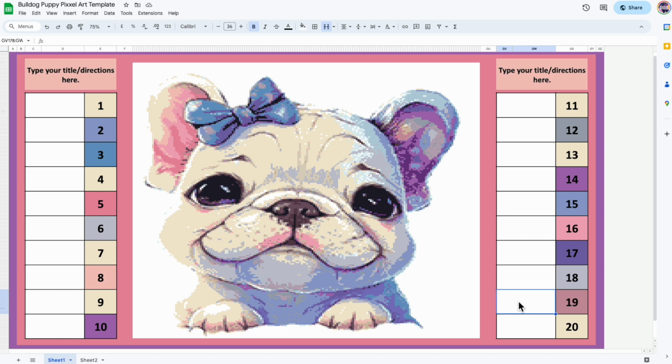I am excited to share with you a challenge that we want to happen in our Facebook group. I am going to be sharing this amazing, cute little bulldog puppy that Juliane created. This activity has already all been coded. Everything is in there, it's fully formatted, and I am going to be sharing it in the Facebook group on behalf of Juliane and recording this video to show you just how easy it is to reformat one of